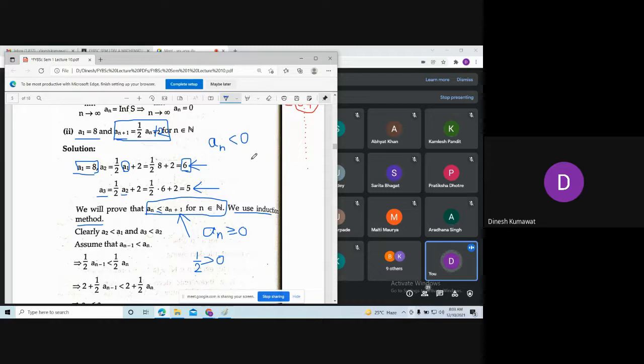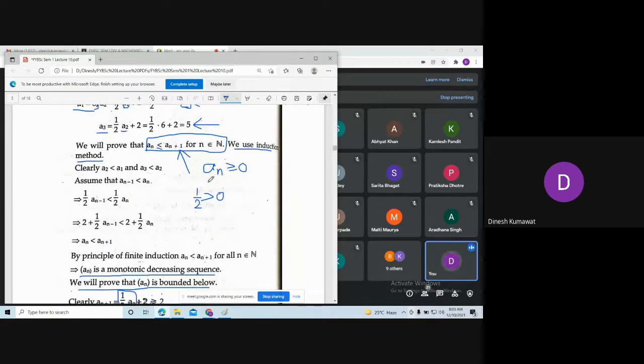Similarly, we are using A2 to obtain A3, and we know that A2 is always positive. So what can I conclude about A3? Positive. This is also positive. The same way you are going to argue for An. At the max it goes to 0, but it can't be negative. Is that clear now? Yes, sir.